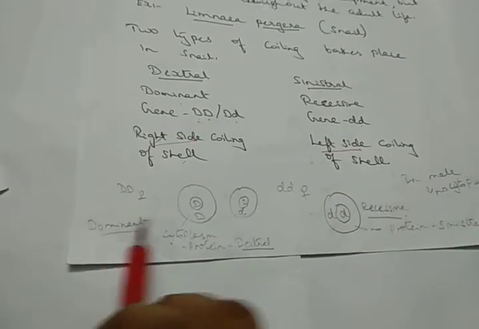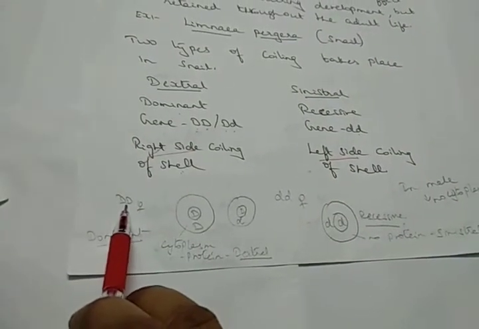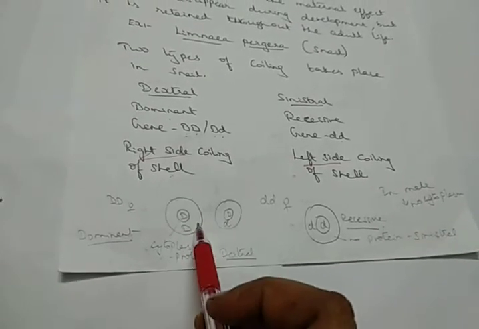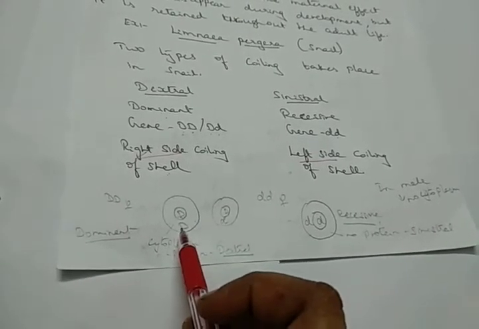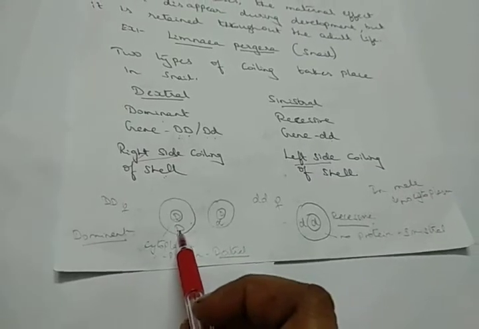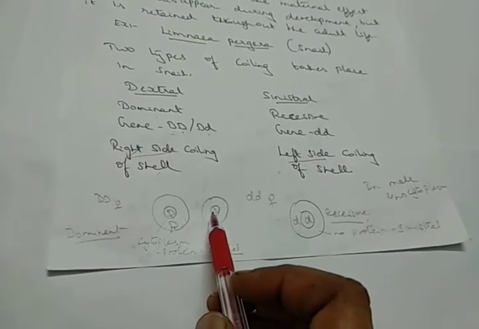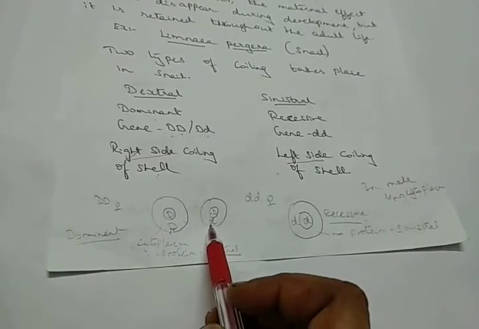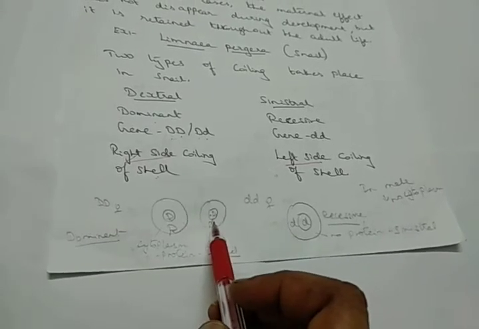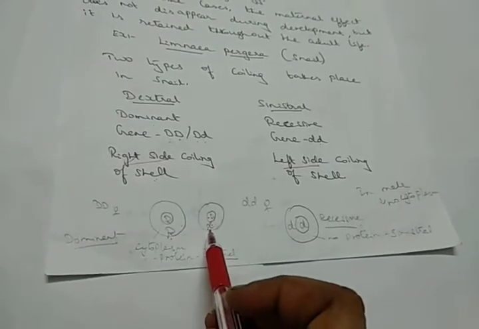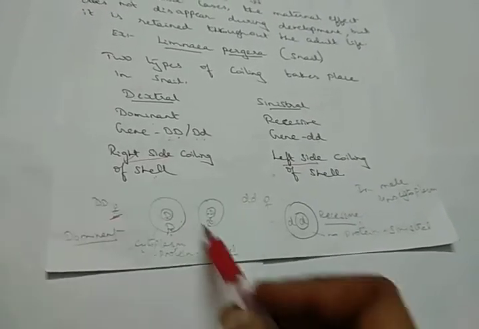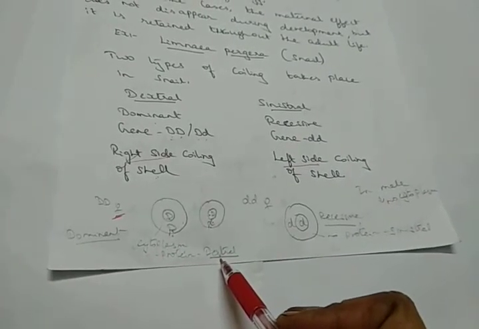Suppose consider here the presence of a dominant gene. There are two dominant genes present in the female. You can see in this region, the female, the egg region, one dominant gene will be present in the nuclear part, the other dominant gene will be present in the cytoplasm. The same way here you can observe one dominant gene will be present in the nucleus region, and the recessive form, small d, is present in the cytoplasm. So whether it is in the dominant or the recessive form, if the dominant gene is received from the female cytoplasm, you are going to call it dextral.